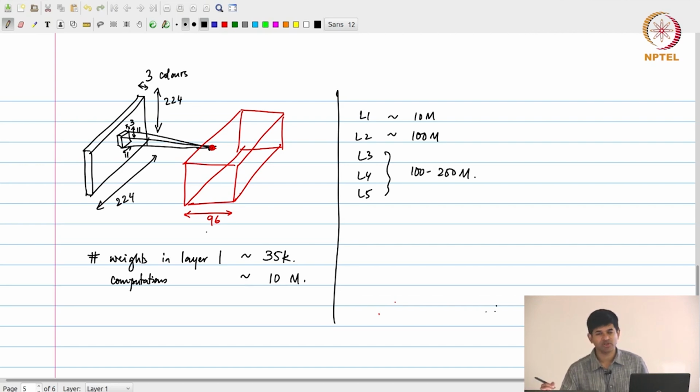And in some cases, because you need to do additional computations before you can reduce it, it's in fact more than 200, it probably goes to around 800 or 900 million per layer. So when you add all of this together, the number that you come up with is somewhere around